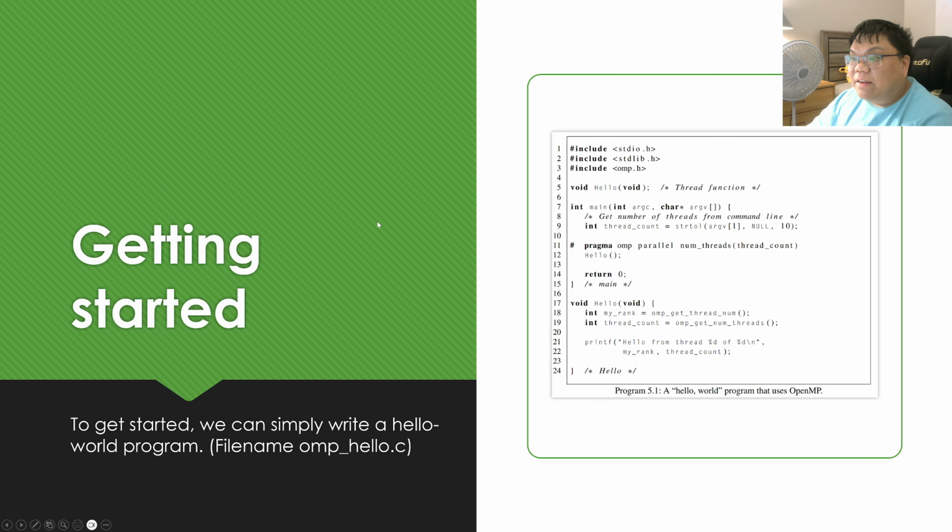So to get started, we can write a simple Hello World program such as this. Include stdio.h, include stdlib.h, and here, omp.h, that is the include. This is what you include to work with OpenMP. So it's gonna mirror what we have for the pthreads program, except